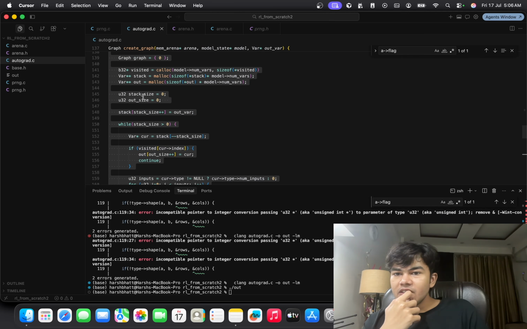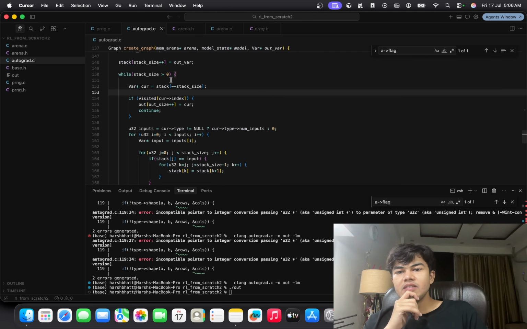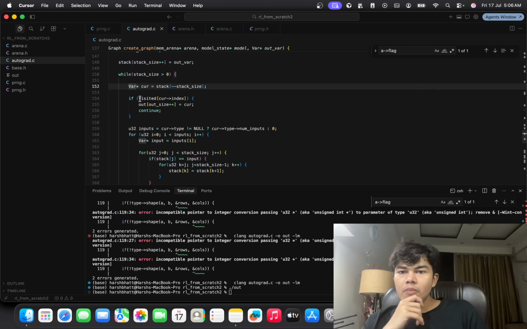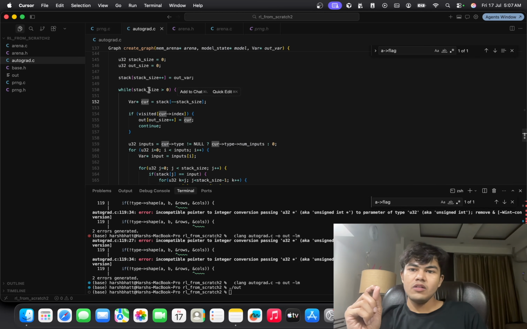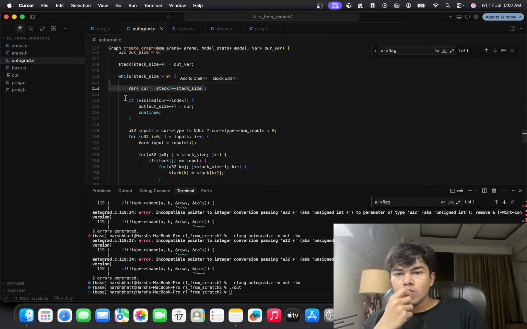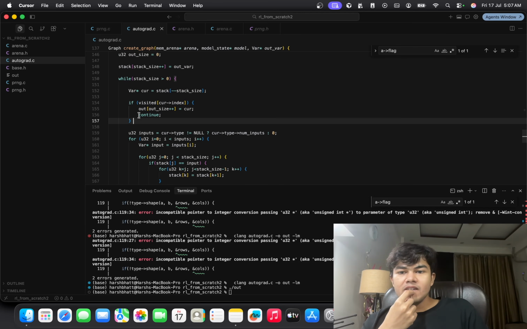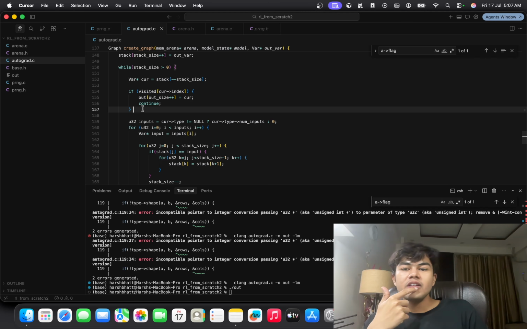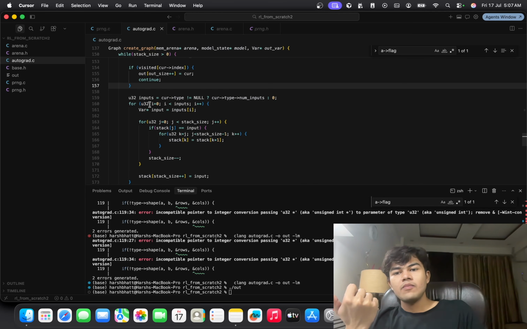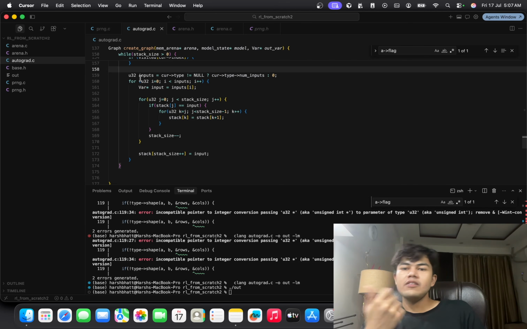So it will run this traversal until the stack size is not less than 0, and pop the last thing in the stack, and find out if it's already visited. If it's not, then continue here. If it's visited already, just add it into the out stack, and this input basically will discover the number of